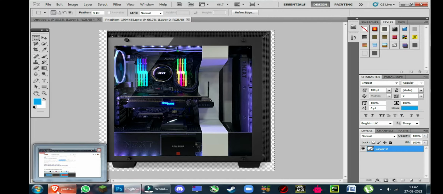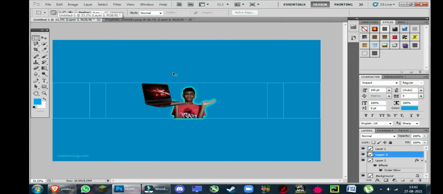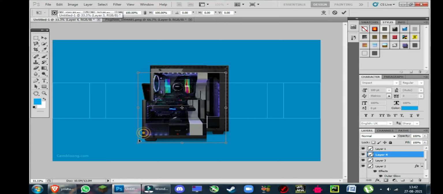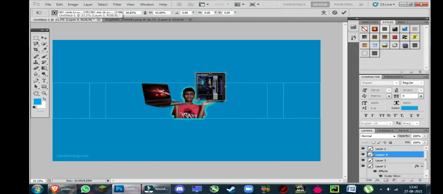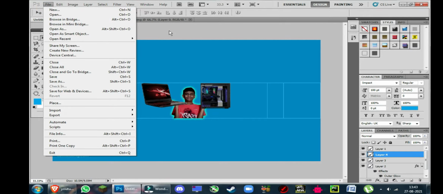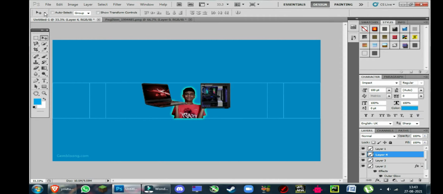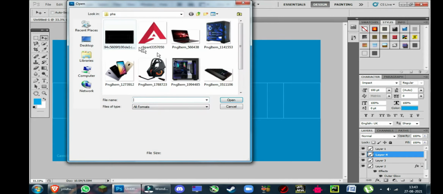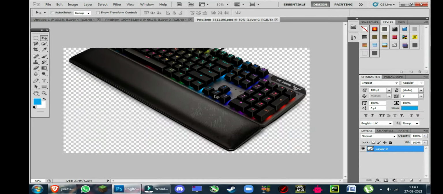First I want to add my symbol here because that's my shine, but if you don't want it, you don't need to. You can add anything such as your PC or your laptop. I'm adding this keyboard, this is an Asus keyboard. This is very nice. I'm just going to cut it and paste it here, and then retransform it because it's a big size. I'm going to make it very small and click enter, and then you'll be able to place it here.